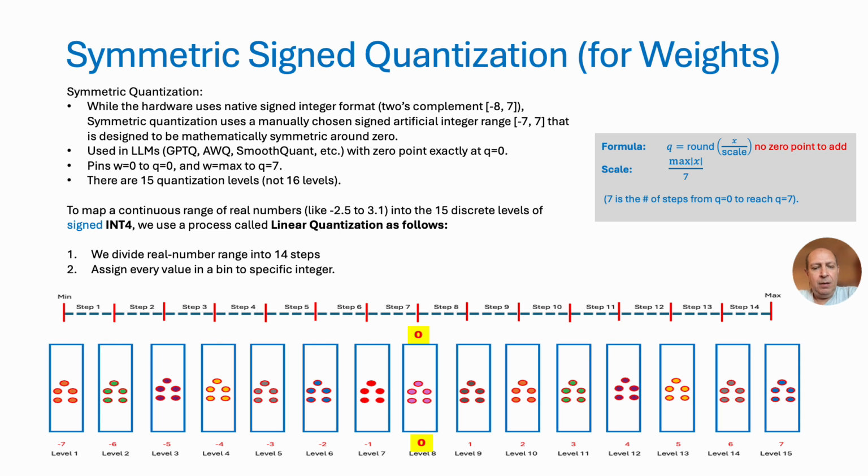Now, depending on the bins, for example a value that happens to fall between a certain value and another value, it would be mapped to a particular integer level. And you see the integer level quantization bins there, filled with some numbers. These are the real numbers that are mapped into the corresponding quantization levels.